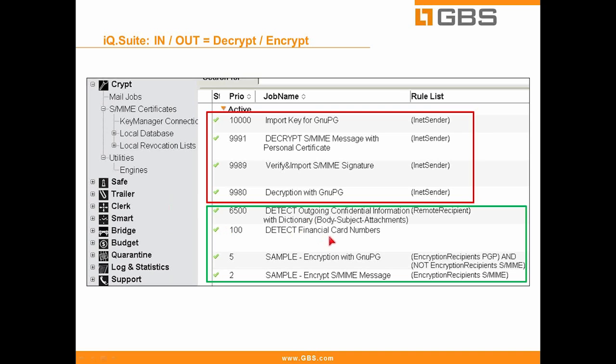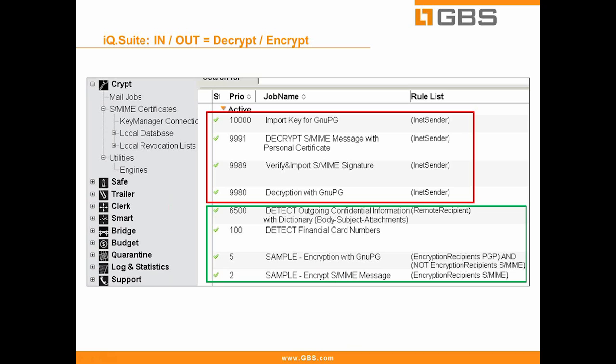Or, for example, a very strong indicator when you're in the financial business is that credit card numbers are in this email and they are not yours, or they are yours, depending on what your use case is. If so, the email is tagged this way, we will then try to encrypt the email to the intended recipient, either with a GNU-PG PGP algorithm or with S/MIME. In both cases, if we can't